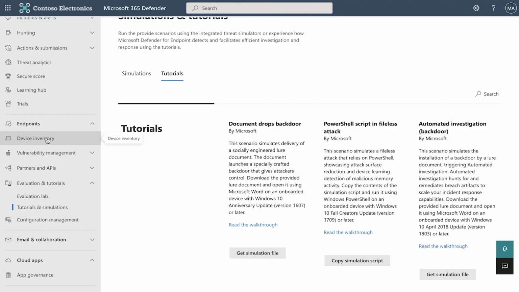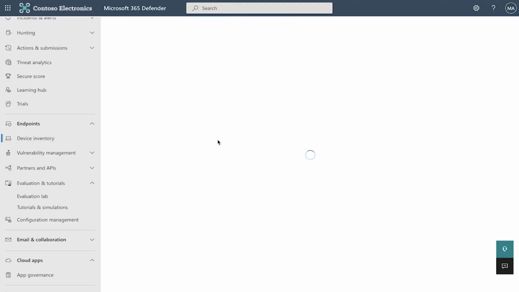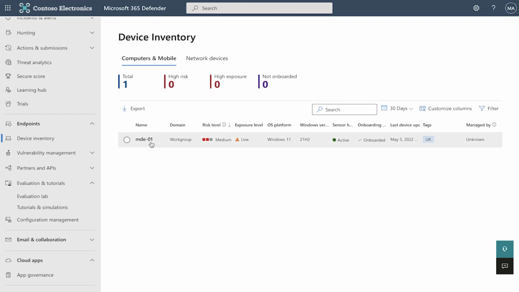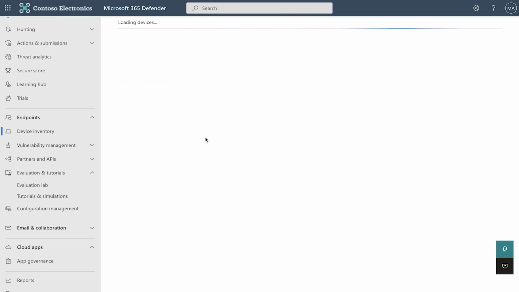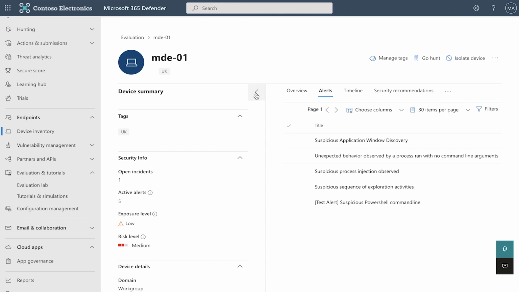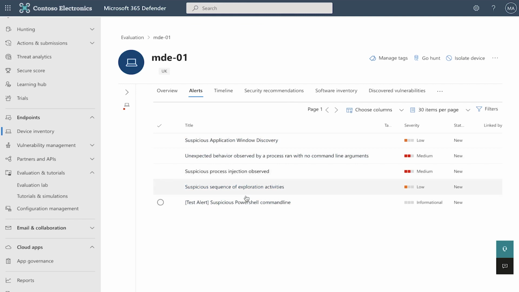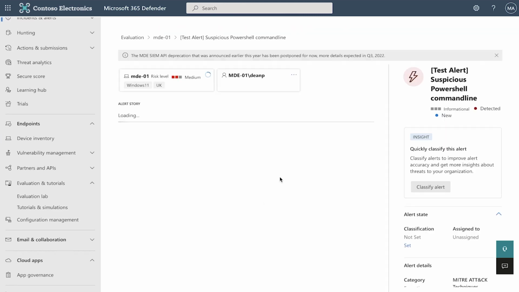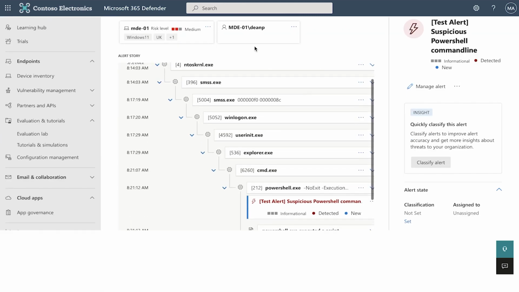For example, within the device inventory, to go there very quickly, we have one device that I stood up earlier on, and I ran one of the tutorials on this device, and we can see that there are a handful of alerts there that have been generated by the less sophisticated tutorial that, as Heike mentioned, has been around for a long time. If we went into one of these alerts to investigate it, we'll see I was logged in,